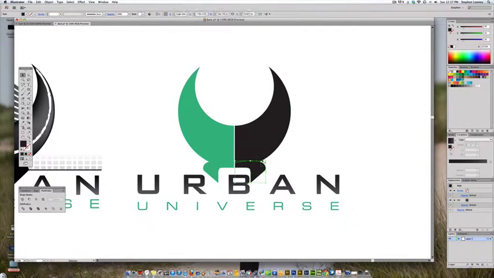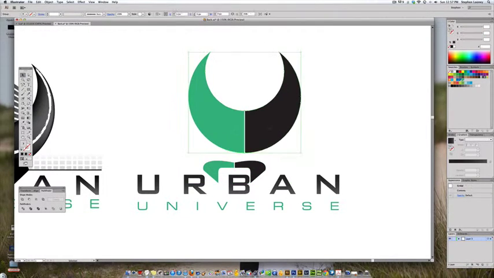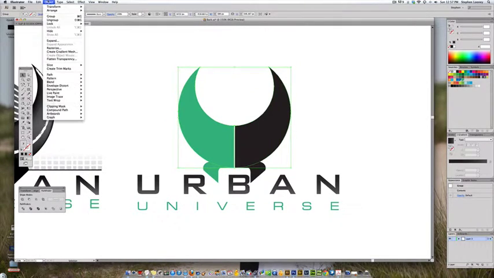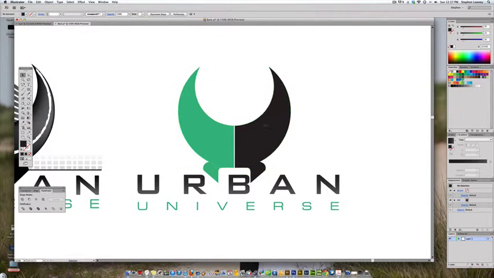So you want to select, and hit shift when you're selecting the black one. And actually, let's see. You're going to have to ungroup these because they're still grouped. The way you do that is Object, Ungroup, or Shift Command G. And now you can select both of these and come into your Pathfinder and unite them,